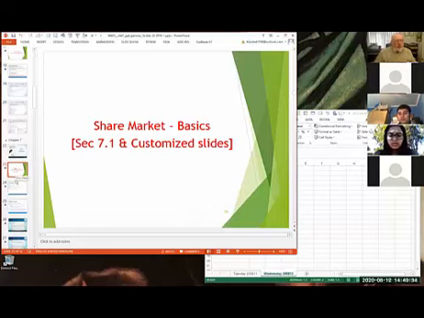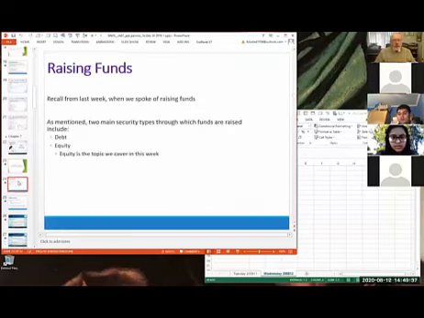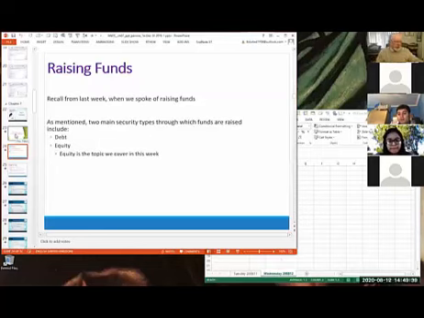Let's look at share valuation. What is a share? In the first week we introduced the different business forms, sole traders, partnerships, and companies. And when we looked at companies, we said that they were independent, legal, and economic entities. And how do they get their money? For the company to get started, they need to have cash being put into them so that they can buy the things that they need.